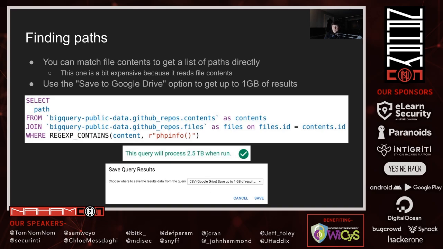Save to Drive gives you the option to get up to 1 gigabyte of results, whereas I think the download option is only up to 16,000 rows, which is probably a lot smaller than 1 gigabyte in this case. So that's a useful approach.